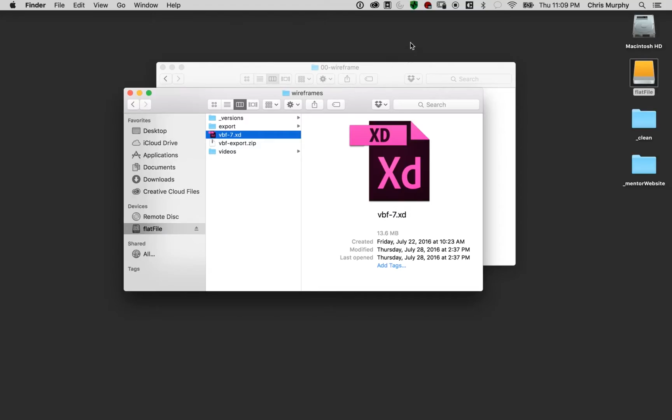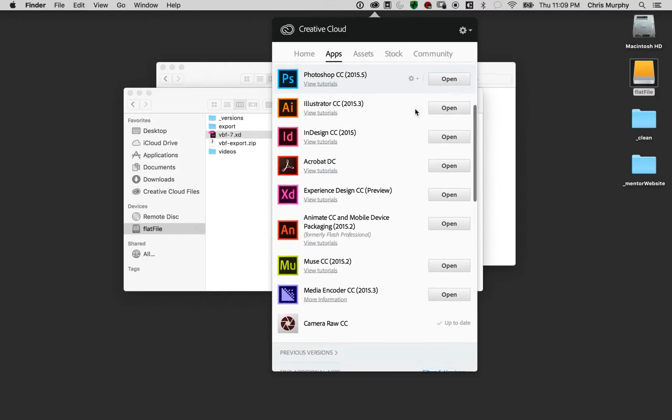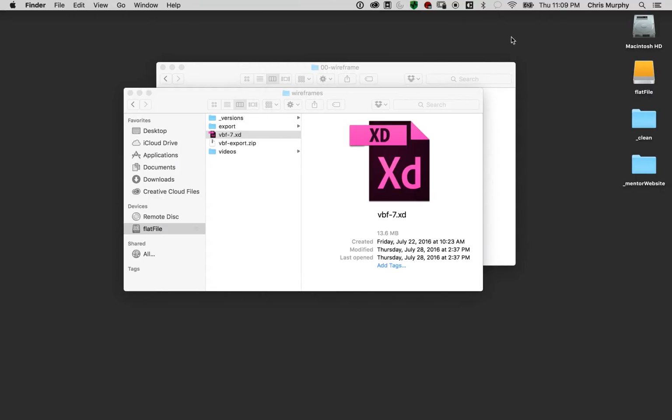So the first thing is you've got to download Experience Design, and like any other Creative Cloud program, it's going to be here in your Creative Cloud application. And just scroll down and basically download Experience Design, and you're good to go. All right,